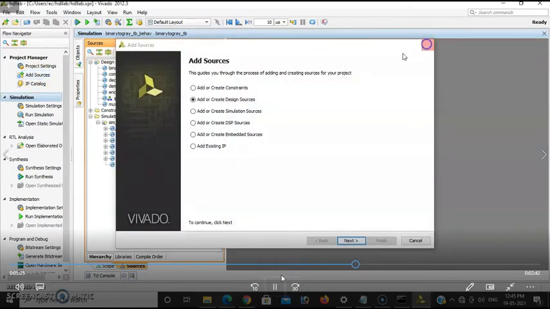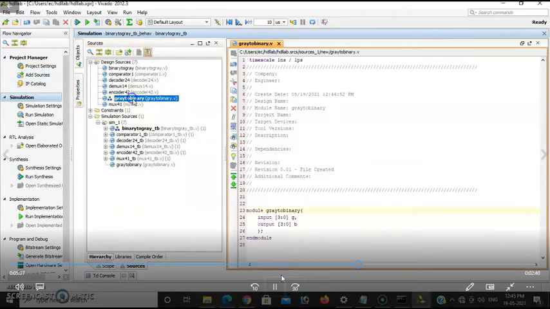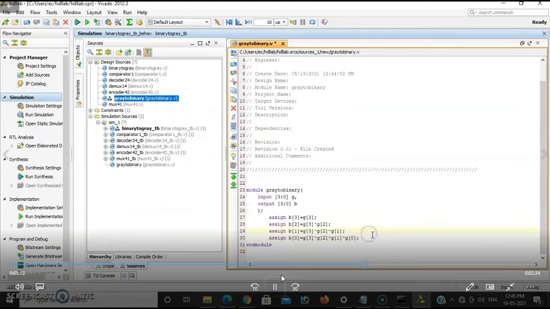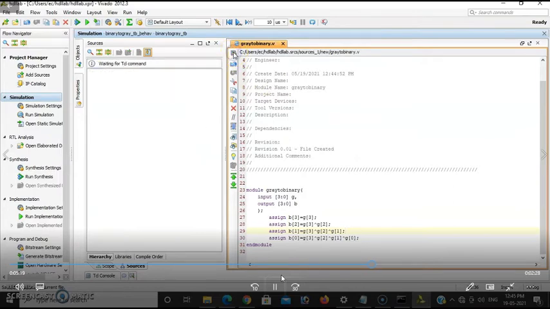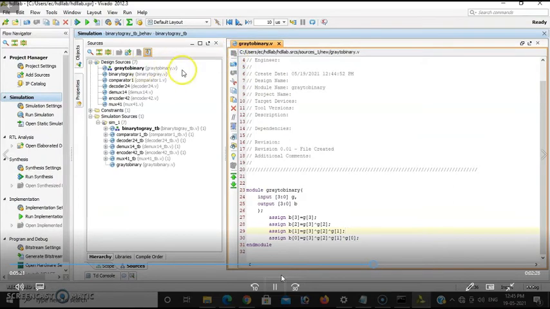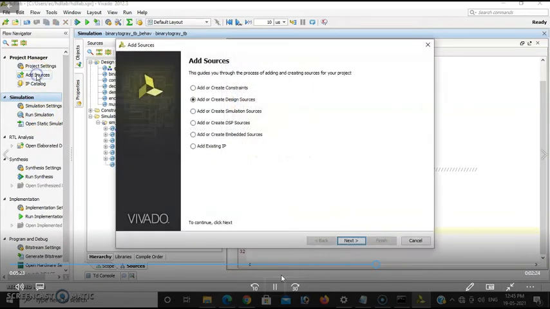So the program is ready, so let us provide the test bench signals. The equations are ready. So binary B3 will be G3. Once the program is ready, then save the file.